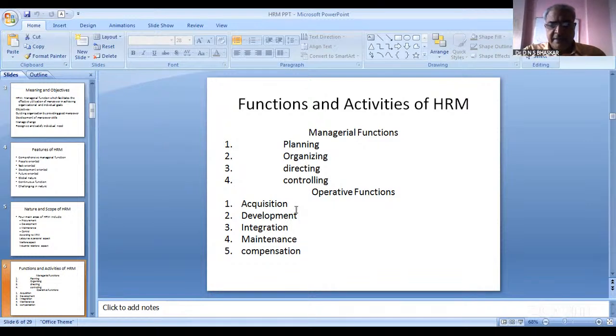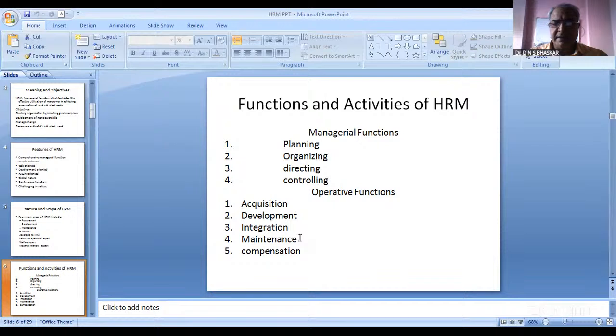Another one is integration of employees towards the organization culture. Every organization will have its own culture and its own climate. Organizational climate and individual climate are different. So people will come with different directions to the organization. How better can they do? What is the integration of the employee to the organizational requirements and so on.